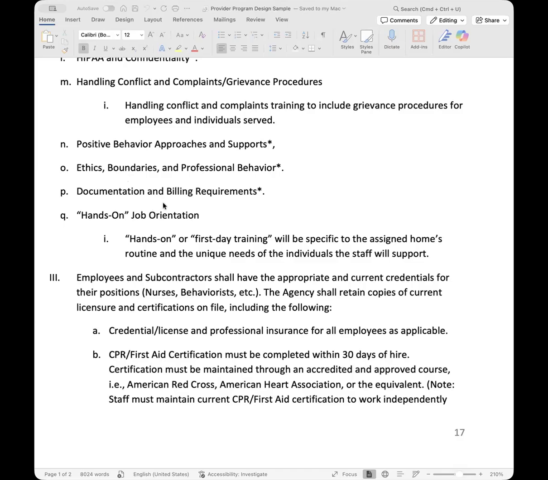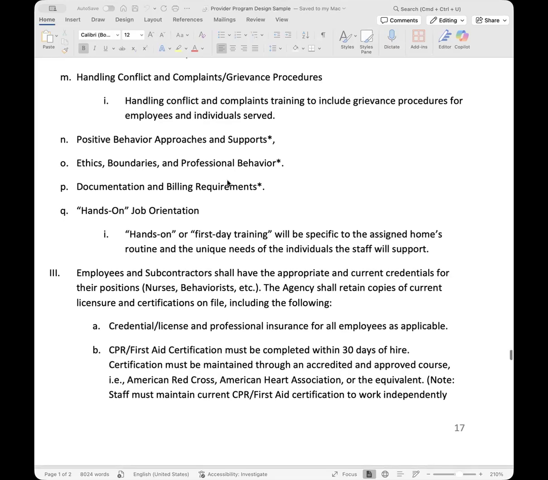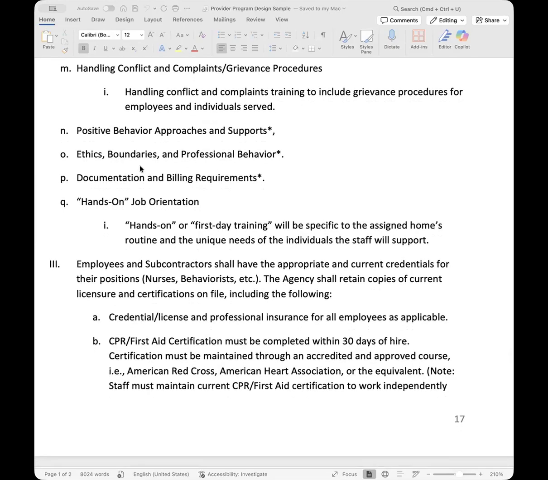So yeah, just make sure they clearly understand that professional behavior is very important. A lot of the staff, I see this being a big issue because a lot of the staff feel like they can have those relationships with the client's parents and it's no big deal. But it's a very slippery slope. Clients will bring our employees gifts, which is crossing that line. So yeah, this gets violated more than not.